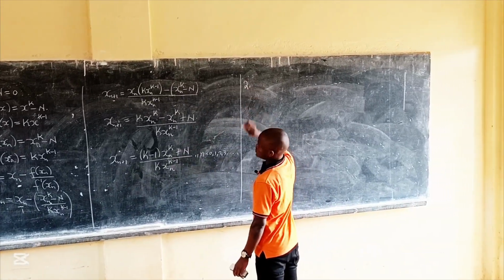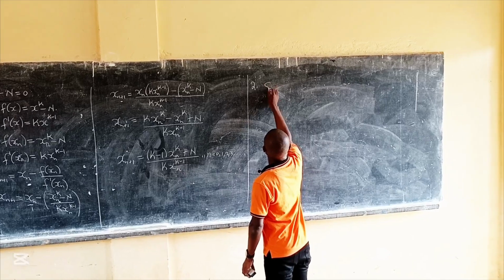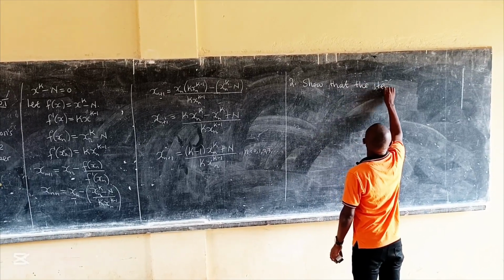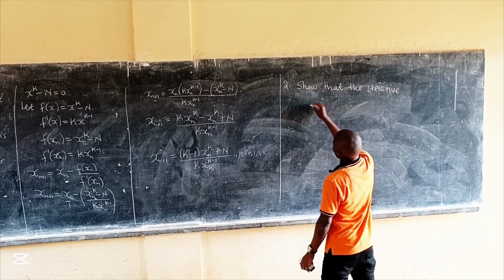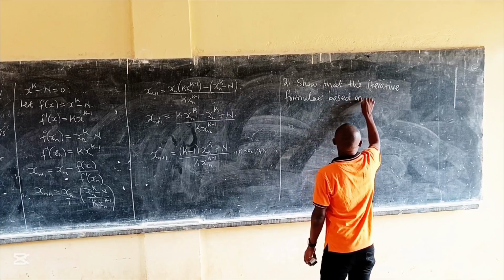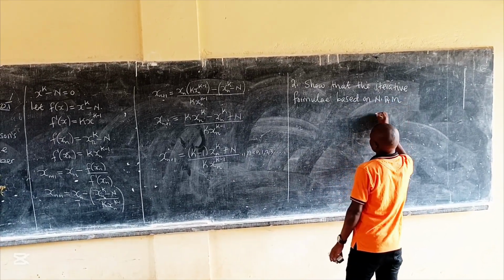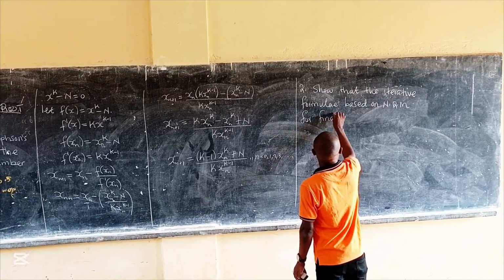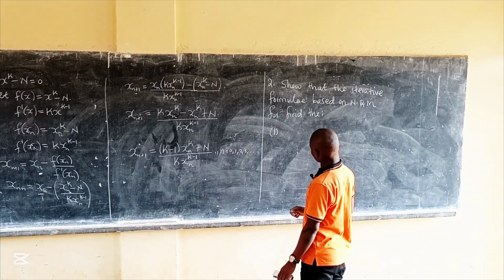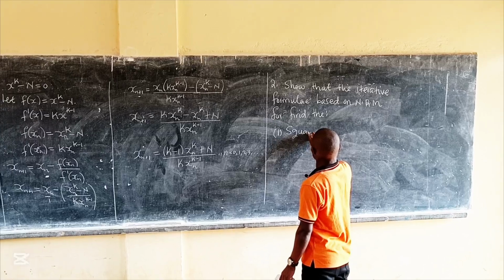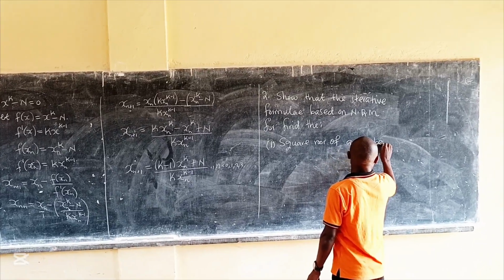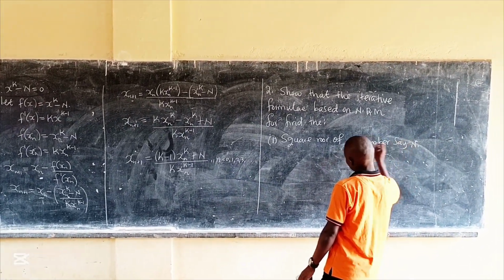And this comes to question number 2, which is going to be, show that the iterative formula based on Newton-Raphson's method for finding Roman 1, the square root of a number, say n, is given by